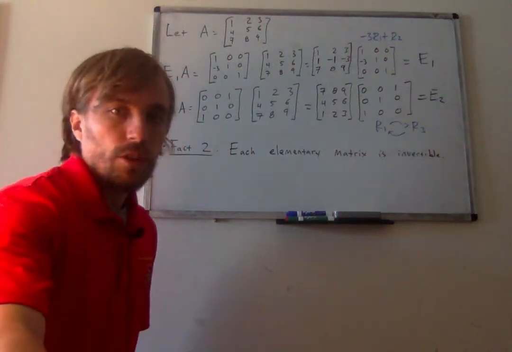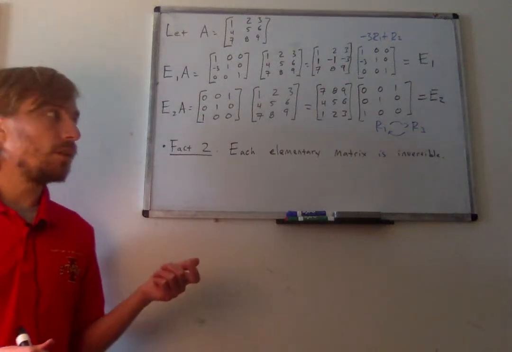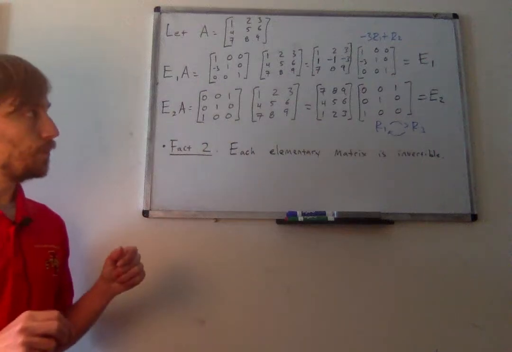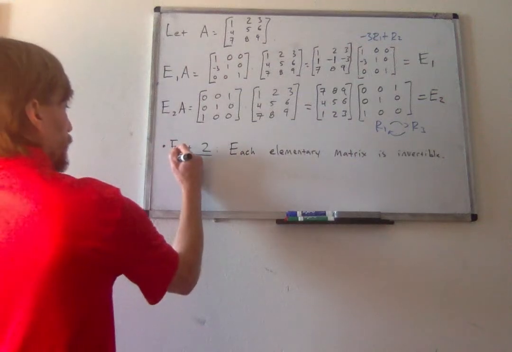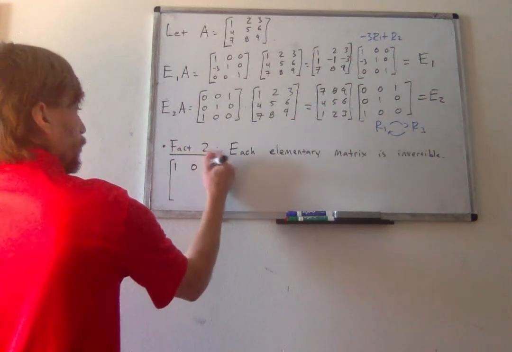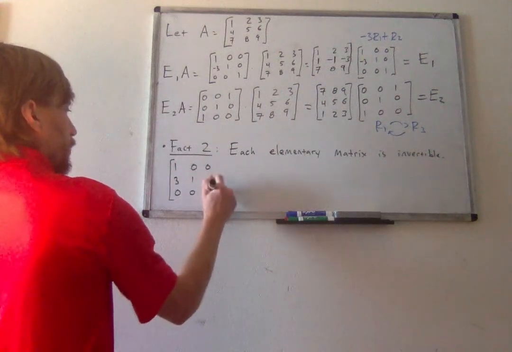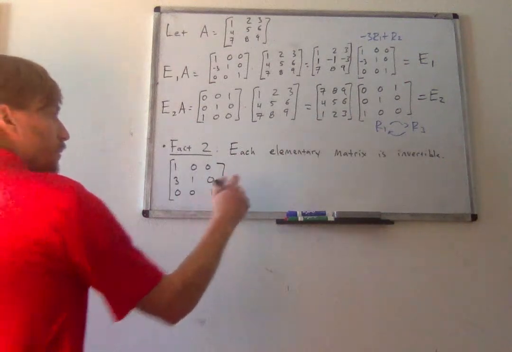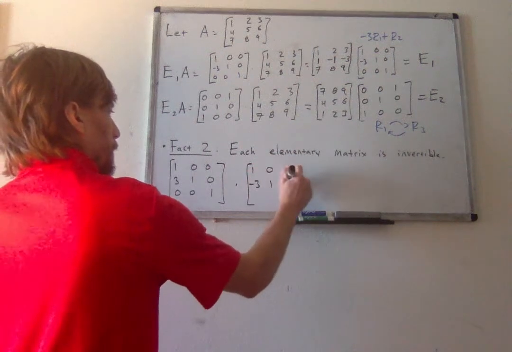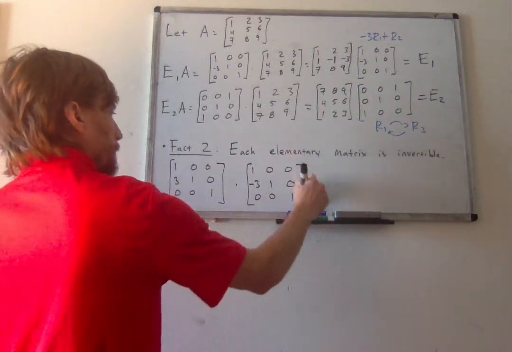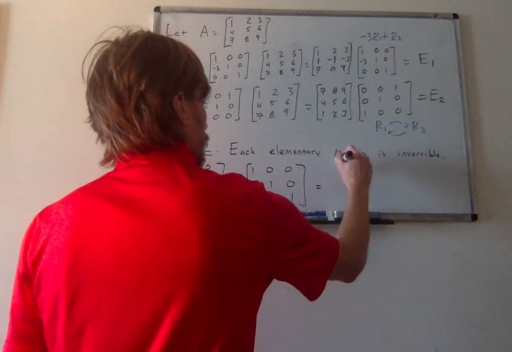It turns out that the inverse of each of these elementary matrices is just the matrix for the opposite row operation that we performed. So for example, the inverse of E1 would be the matrix corresponding to 3R1 plus R2, which would just be this matrix. So this would be E1 inverse. This would be E1. So E1 inverse, E1. And then if we multiply these out,